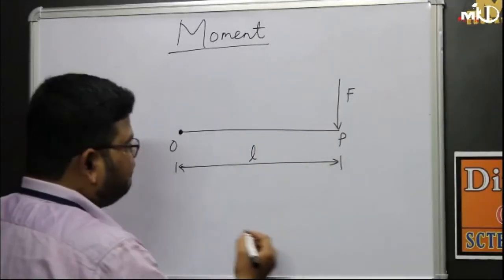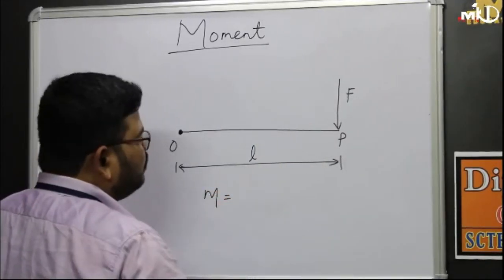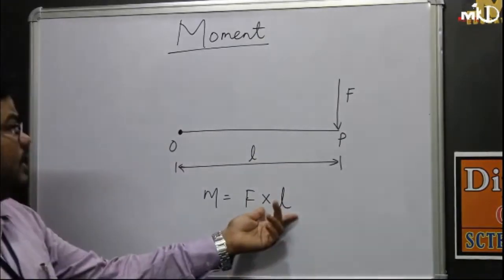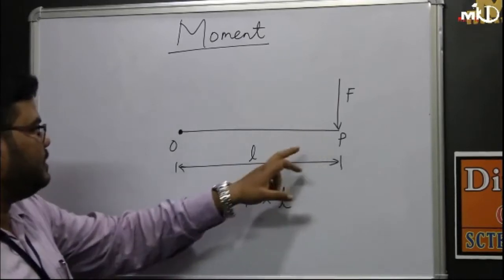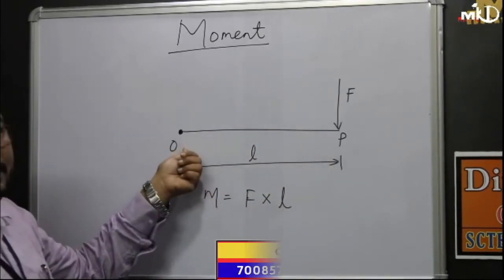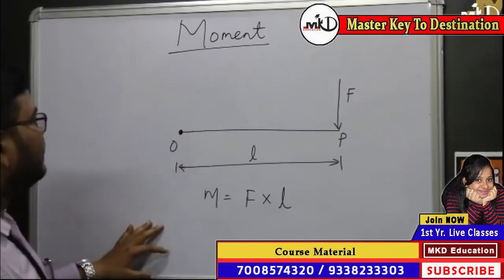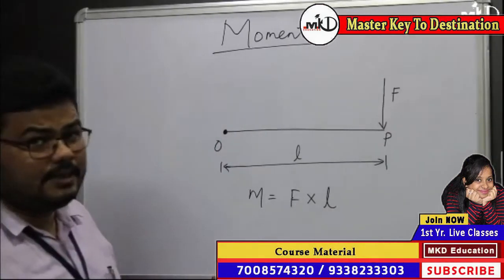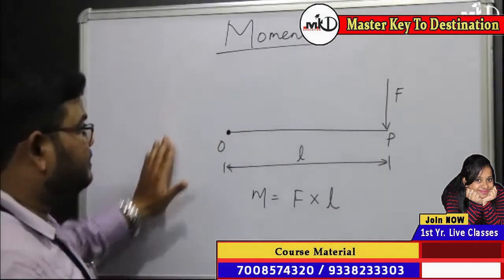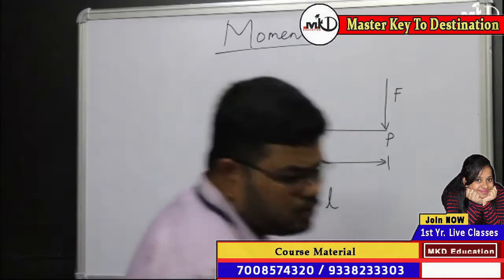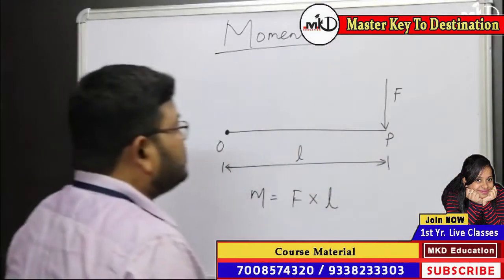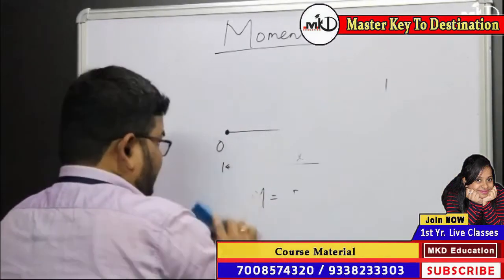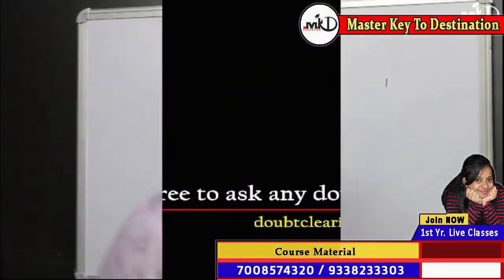Now, according to the definition, the moment M will be the product of force and the perpendicular distance between the point of application of the force and the point about which the moment is required to be found. Now, with the definition of moment, another important thing is the unit of moment. That is a very, very important thing, and in most of the exams you will get a question like what is the unit of moment. Now see, let us discuss what are the units of moment.